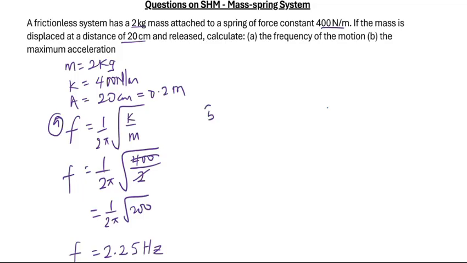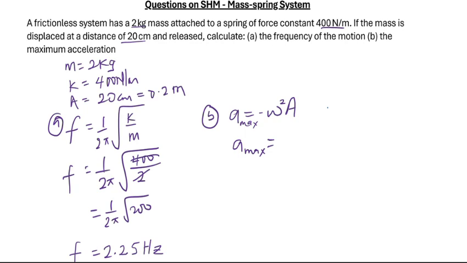And question B says you should look for our maximum acceleration, and don't forget that our acceleration is minus omega square a. That's our maximum acceleration. Please, if you haven't watched our video on this, go and watch it. So a max equals omega